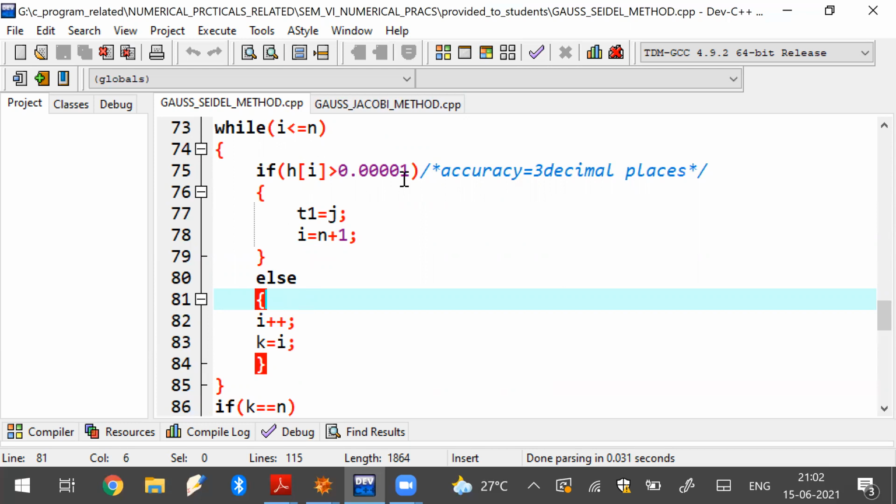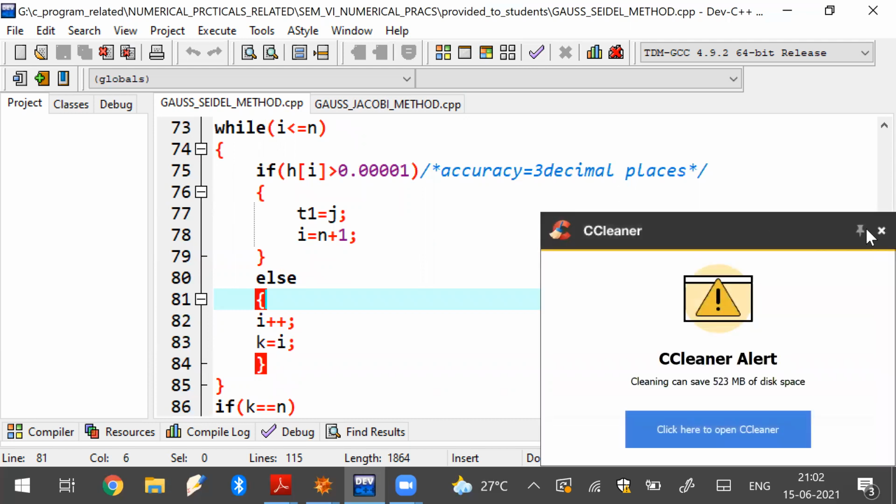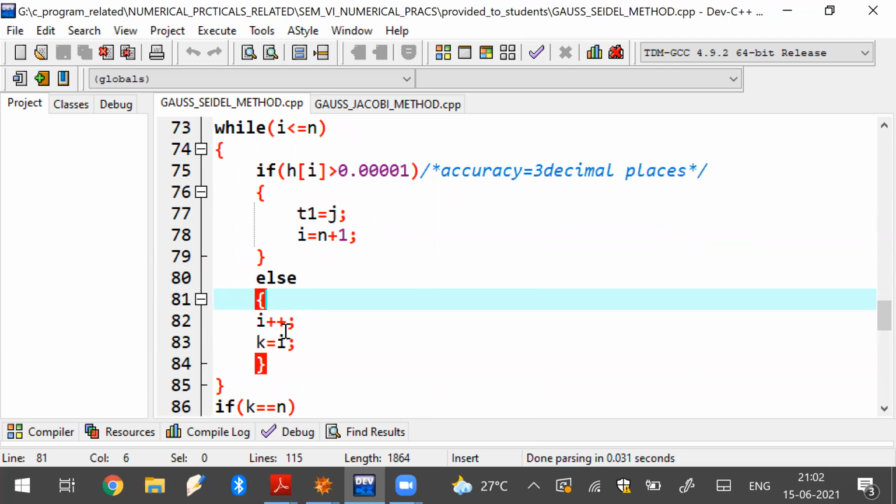So for x1, which is not holding this criteria, that means x1 has already reached the accuracy, then k is storing the value 2. Then again x2 is not satisfying this, that means x2 has reached the accuracy, then k is storing the value 3, and likewise. Continuing in this way, when I is less than or equal to n, ultimately it will stop there.